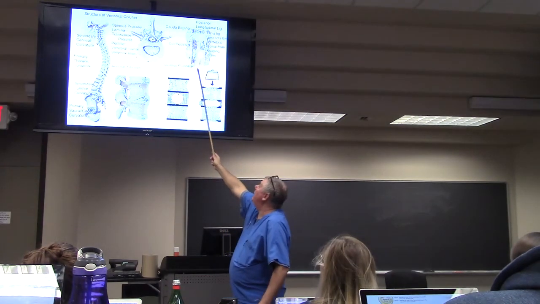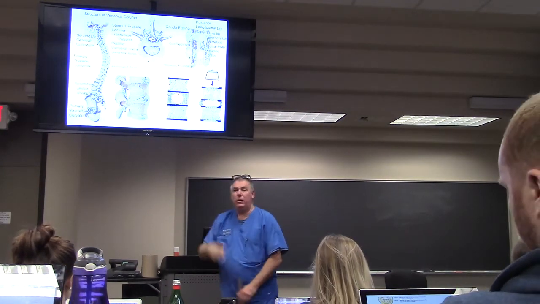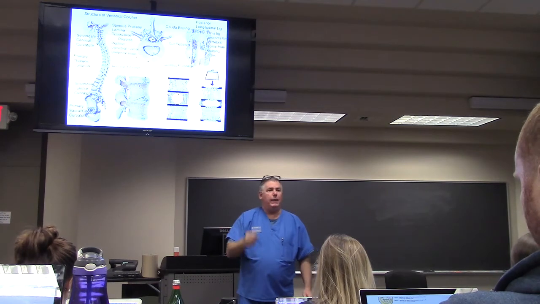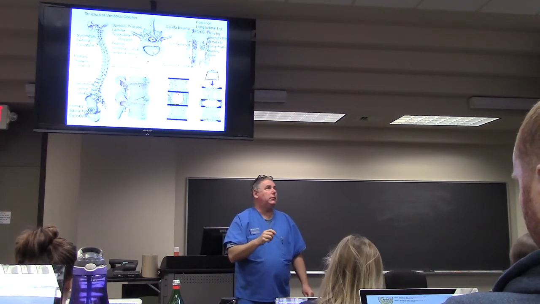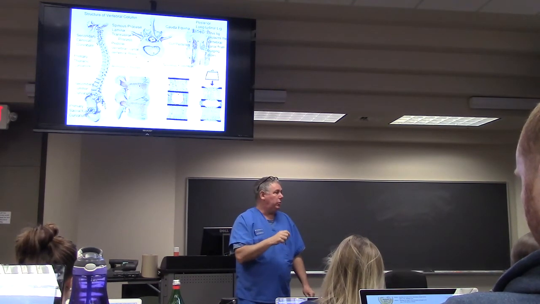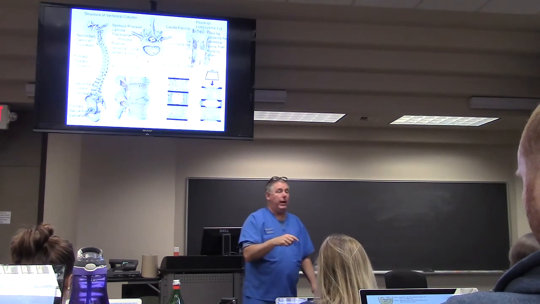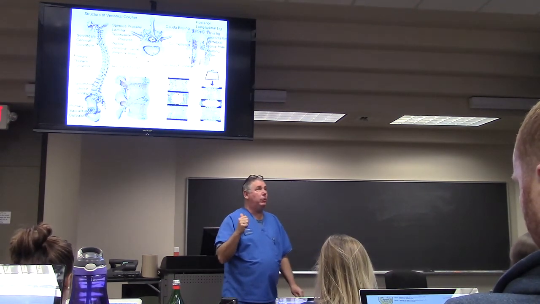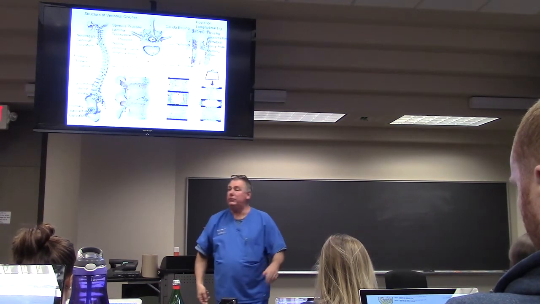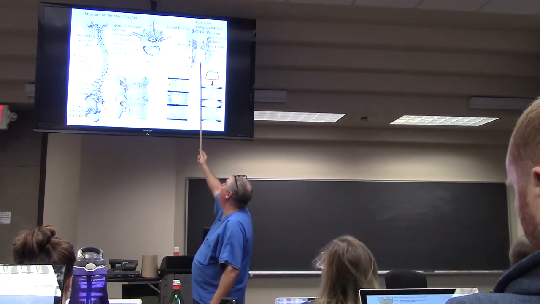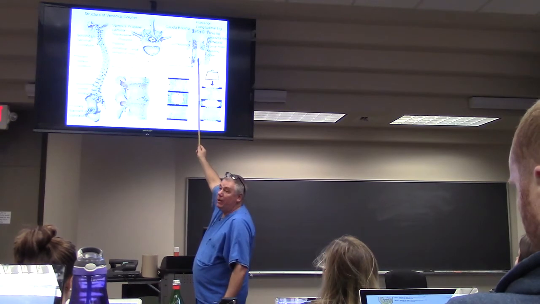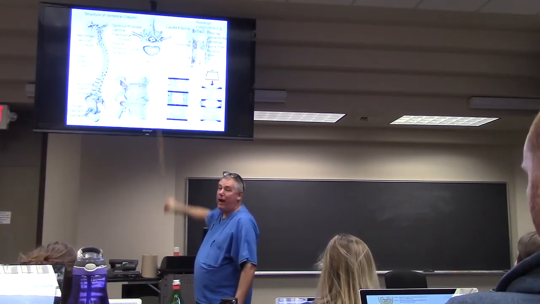There's a ligament that runs from the skull all the way down in the back of the vertebral bodies. It's called the posterior longitudinal ligament. There's a similar ligament in the front of the vertebra, I'll show you later, but in the back, it's called the posterior longitudinal ligament. And you can see that the fibers interdigitate with the fibers of the